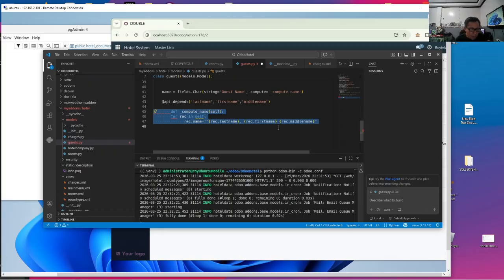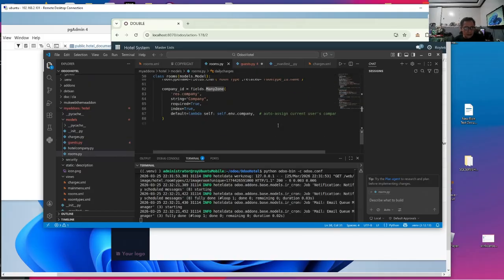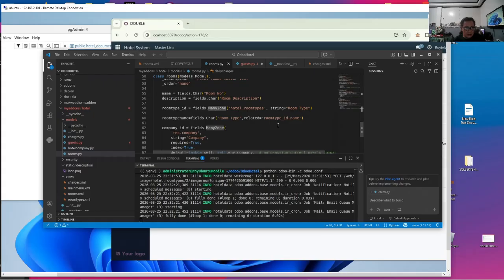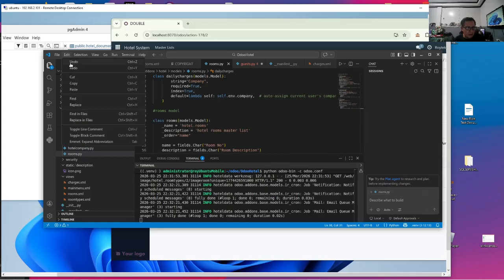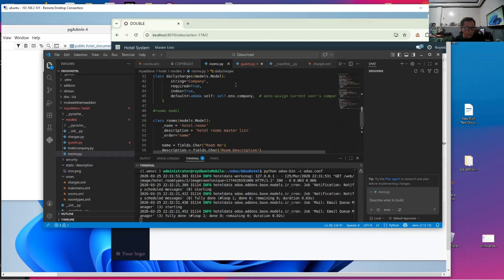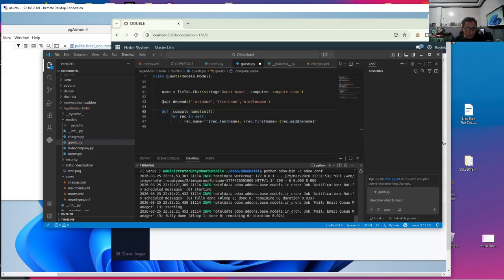Later we'll improve this using a new feature in Odoo called api.one.